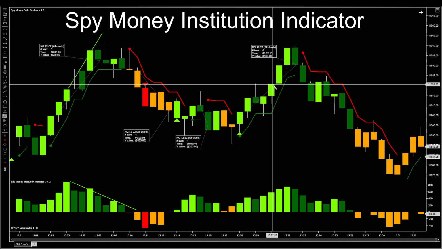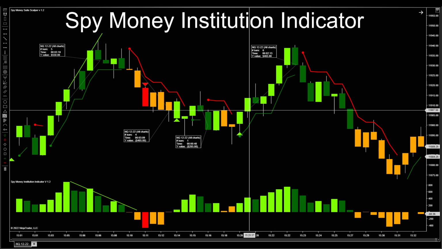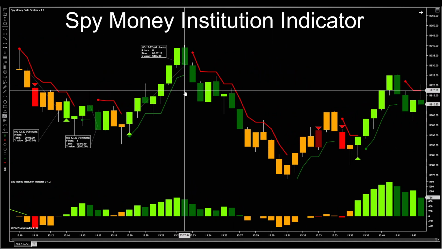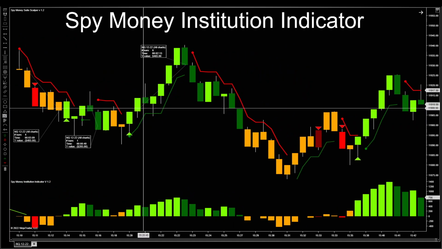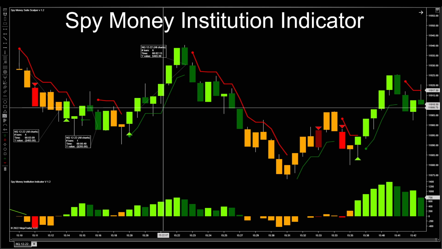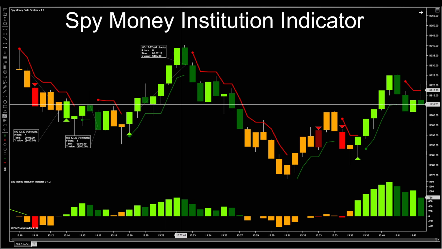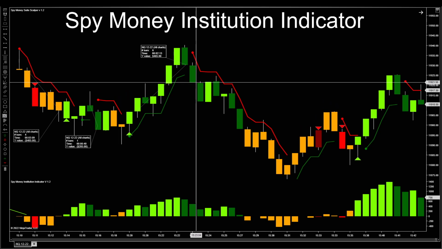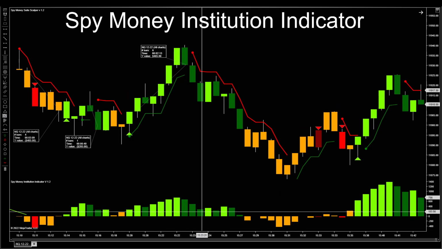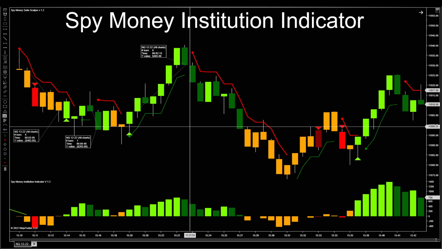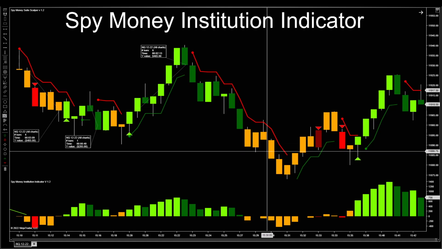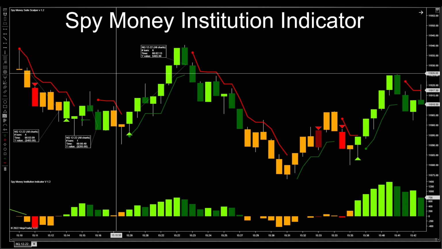There's 465 instead of our $300 target. So what we're doing is we're looking to see where the institutions are buying or selling, and if they are, we don't want to get in. This one right here, we come down, we see the histogram here is coming down. If we're coming down and this is coming down, that's a good indication that they are going to go